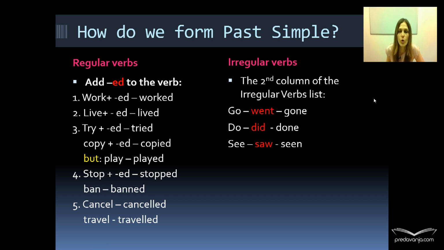Now, how do we form past simple tense? When it comes to the form, there are two types of verbs, regular verbs and irregular verbs. With regular verbs, what we need to do is to add this suffix, ed, to the base